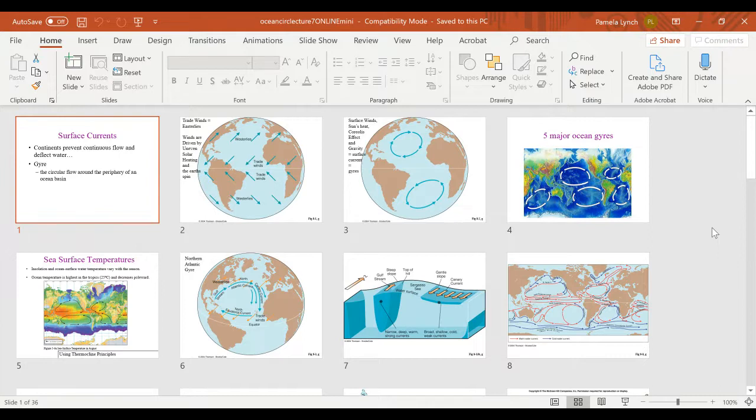Don't forget, of course, that ocean circulation has a full, large PowerPoint under the content tab with all of the necessary text and all of the necessary notes. This is the voiceover version. And hopefully it helps you, right? Depending on which way you prefer to learn, I offer you both options. So what you're going to notice right away